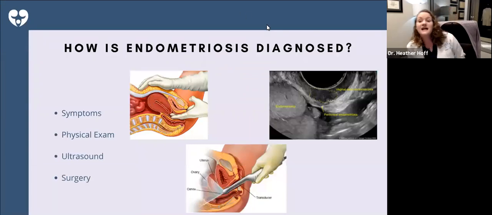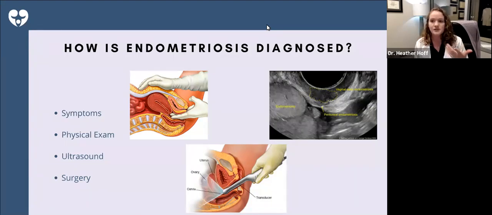So in terms of diagnosing endometriosis, one of the first important things about determining if endometriosis could be contributing to pain or infertility is understanding a little bit about the symptoms and asking questions regarding timing of the symptoms and the symptoms that we just discussed, the severity of those symptoms and anything that alleviates that pain, and just getting a better understanding of that.